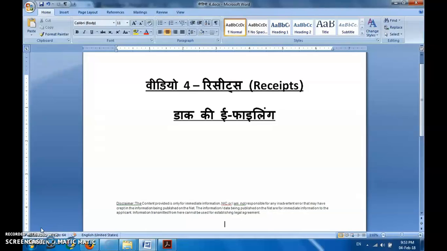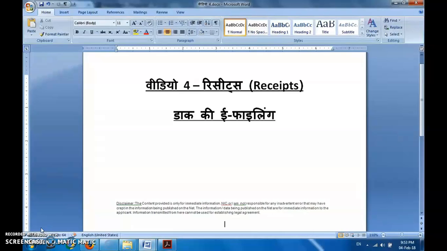When we log in, in the left panel, receipts is on the top, under which many options are there. First, we understand what is a receipt. In one office, letters come through various channels like through email, by hand, or by post. So we need to take these into our eOffice file management system. This we do through the receipts option.